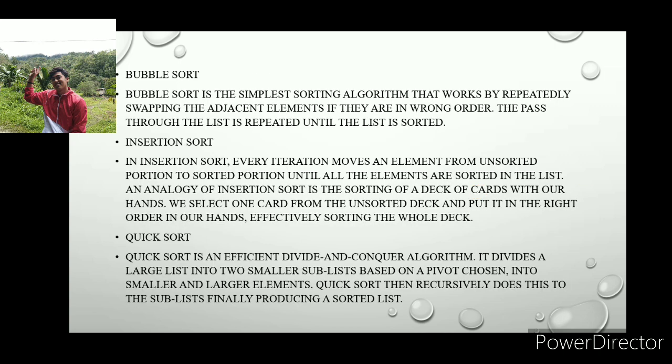Bubble sort. Bubble sort is the simplest sorting algorithm that works by repeatedly swapping the adjacent elements if they are in the wrong order. The pass through the list is repeated until the list is sorted. So, as in po, sa